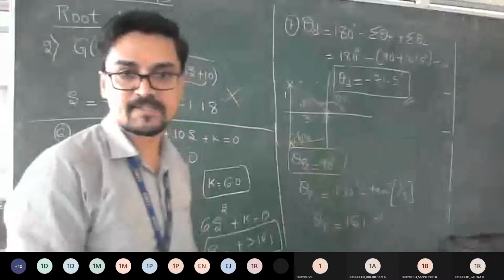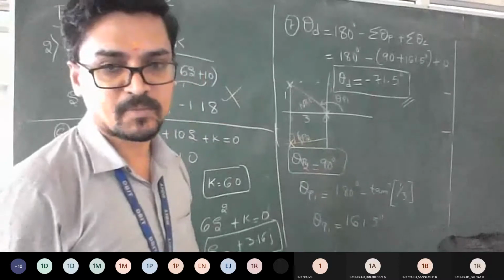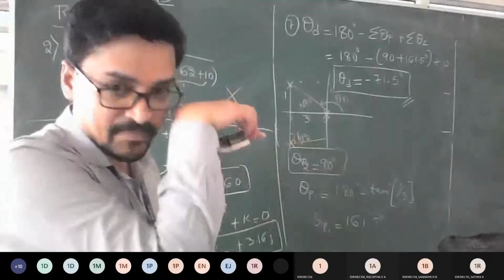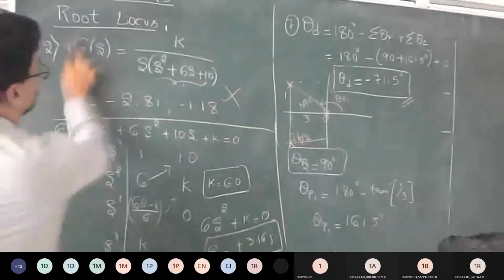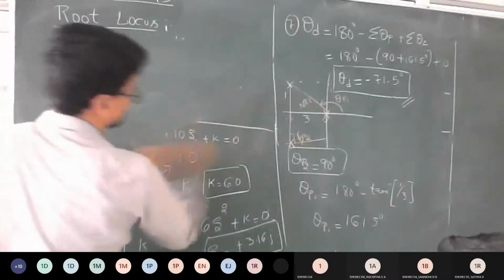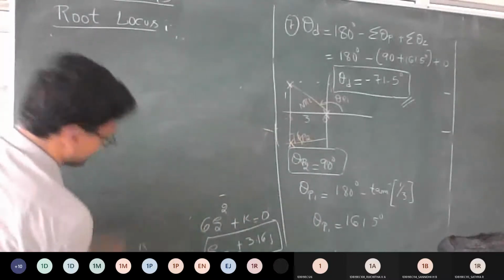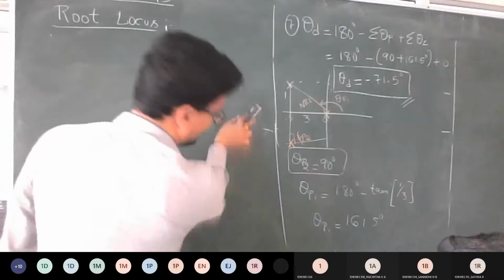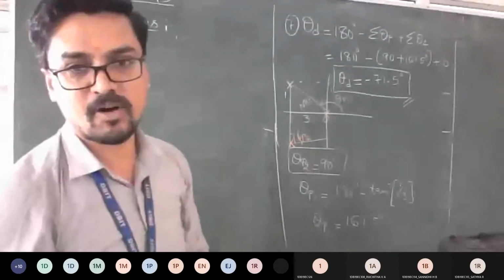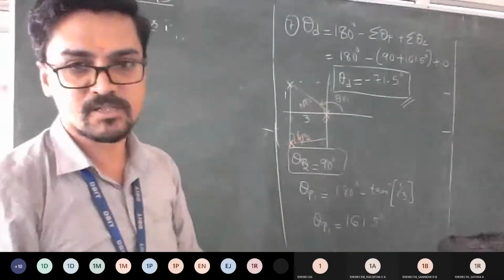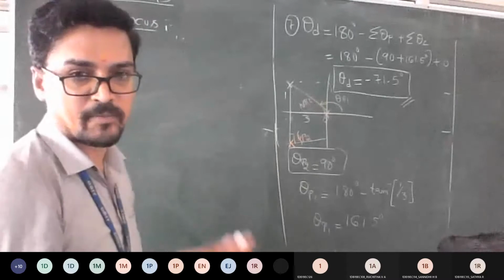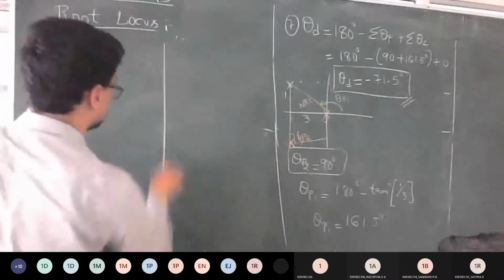So we have finished all the 7 steps. The last step is we are supposed to plot everything. That's all. Is it okay? So let me show you how to plot it. Since there is no root locus line, breakaway is not applicable. That's why I told you, for complex values of poles and zeros, the root locus breakaway point is not required.